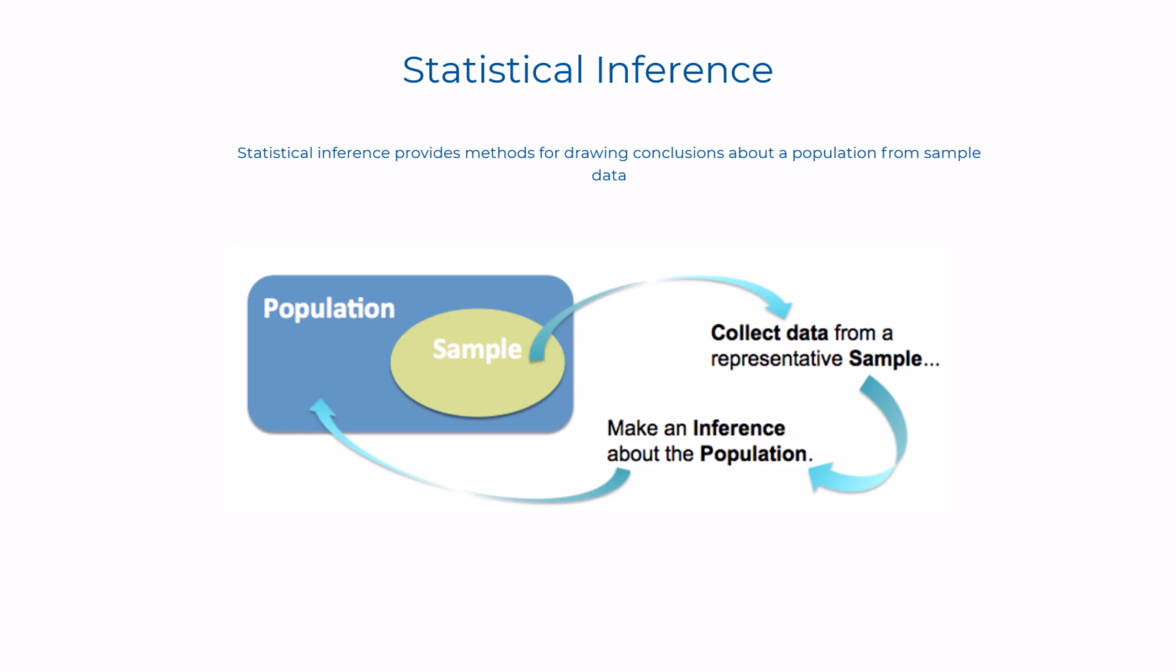So statistical inference provides us methods for drawing conclusions about a population from sample data. So the purpose of collecting data on a sample is not simply to have the data on that sample. So we researchers take the sample in order to infer or make generalizations with the data, some conclusion about the wider population represented by the sample. Okay, so you can see in the illustration, we collect data from a representative sample and make inference about the